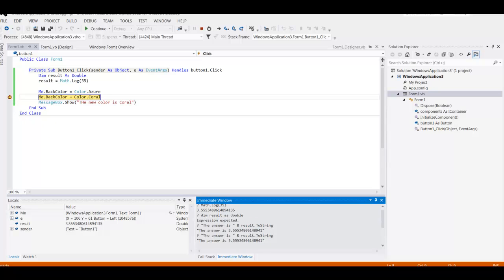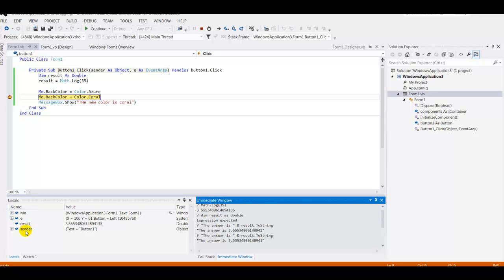And I think this will always show up if you put a breakpoint in. I think you can only see it when you're in the middle of a program, because you can't really use it unless you're in the middle of a program anyway. Like if you put a breakpoint somewhere and run the program and it stops in the middle of the program, you should see the immediate window, and also this other window which we haven't talked about called the locals window, which I think gives you the values of the different